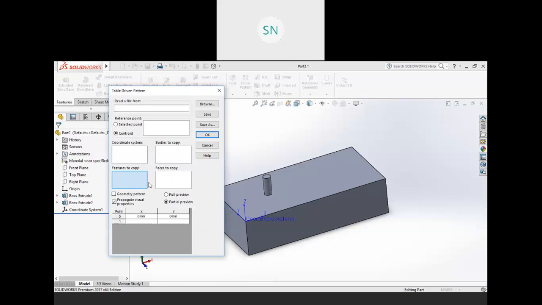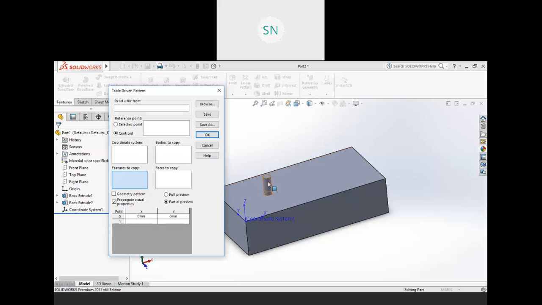We have so many different types of arrangement, but everything is similar over here with our previous one. See, we have three boxes: feature to copy, face to copy, and bodies to copy. And you all know what is body, what is face, and what is feature, right? And we generally work with the feature only. So click on the features to copy and select your object, whatever feature you want to copy.